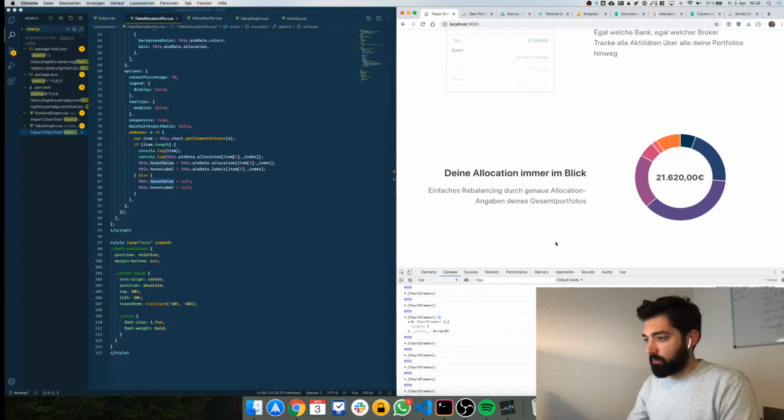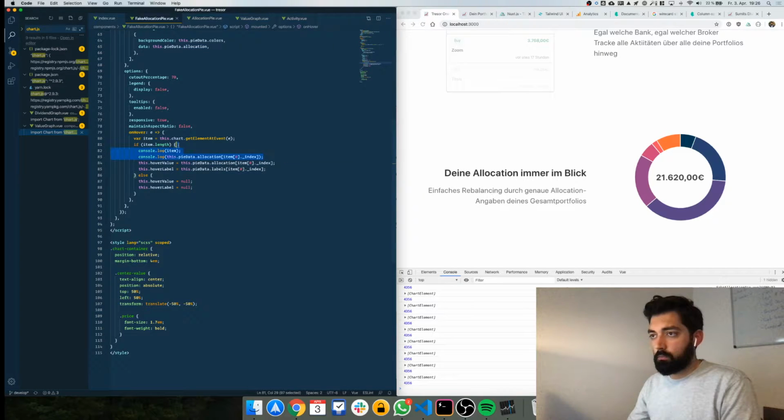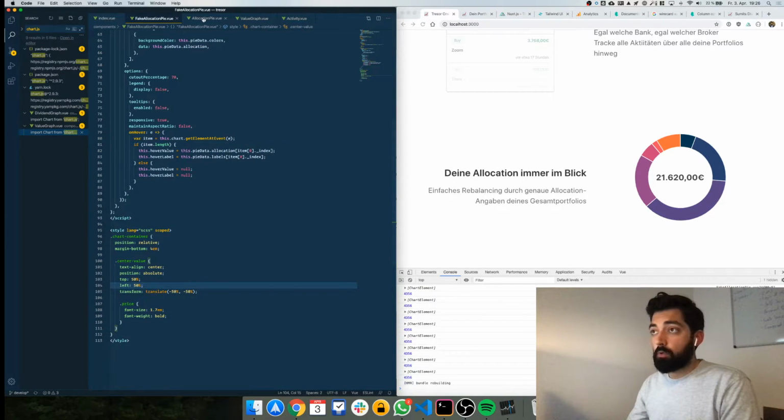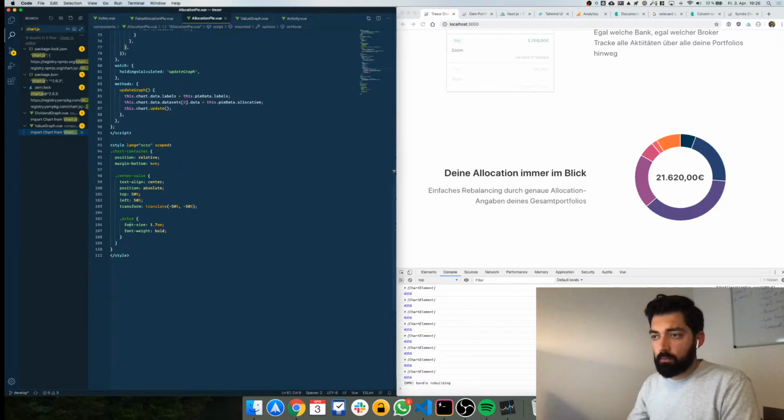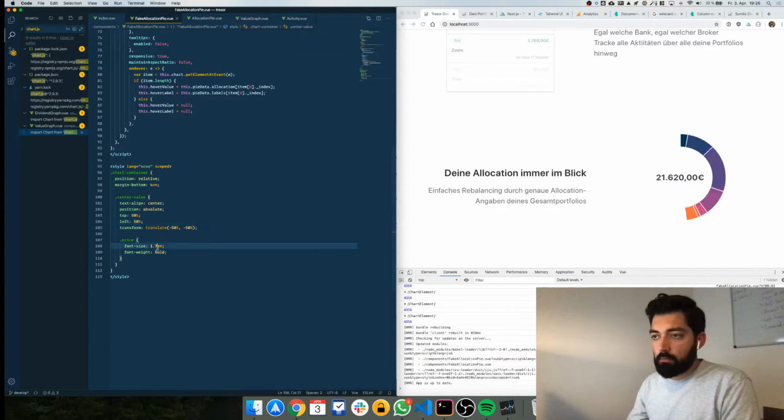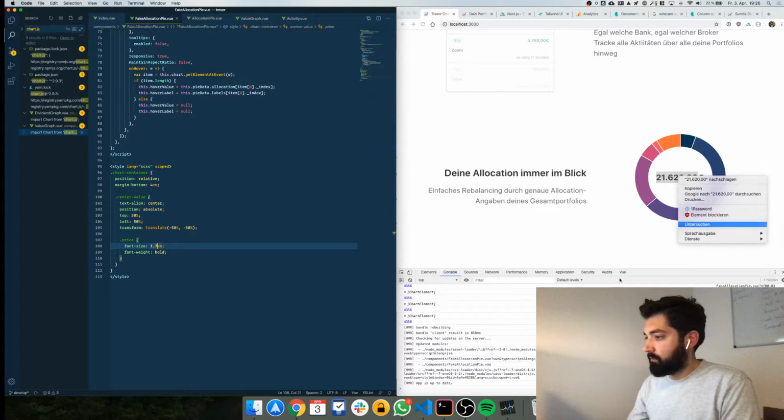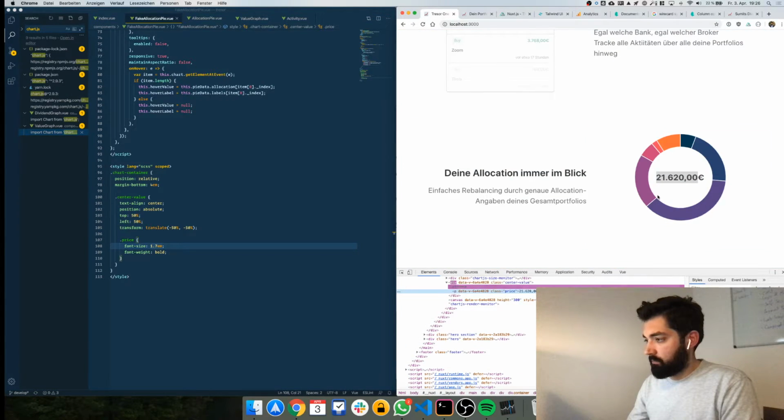It should work. It's the correct value. So it's maybe not showing because I'm missing some CSS. Price, center value. Oh, look at that, it's there. No,